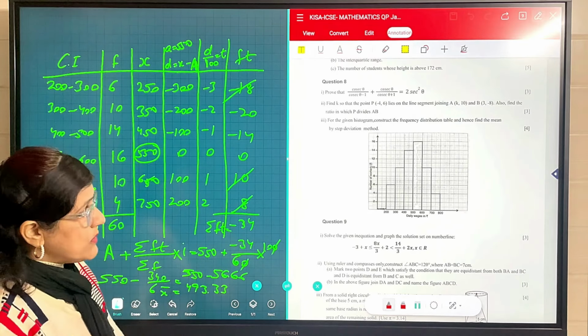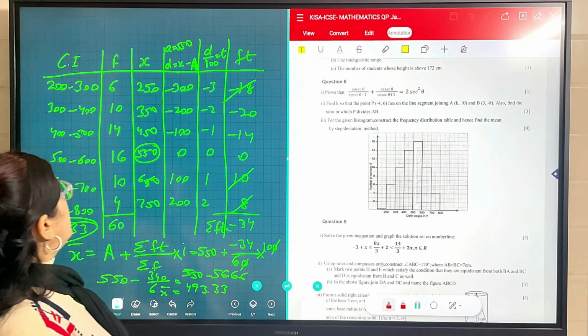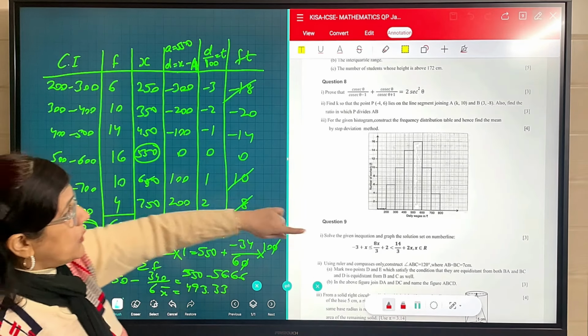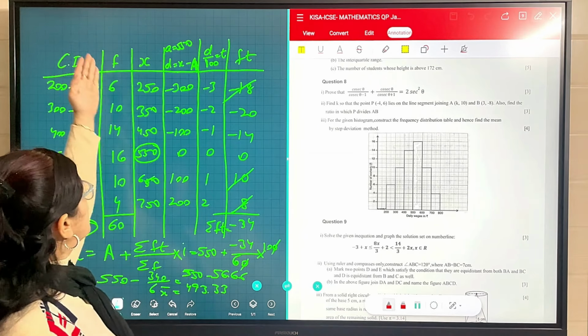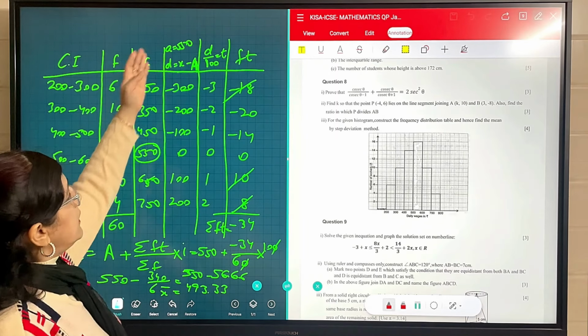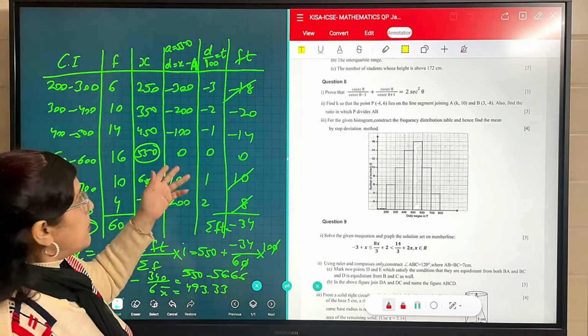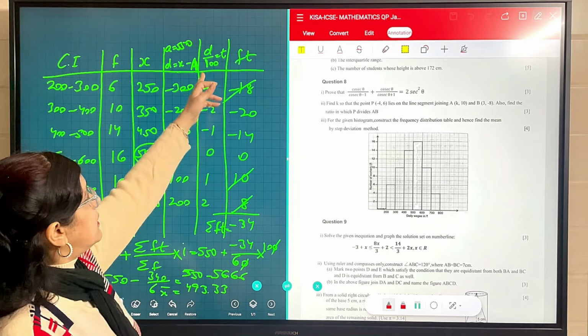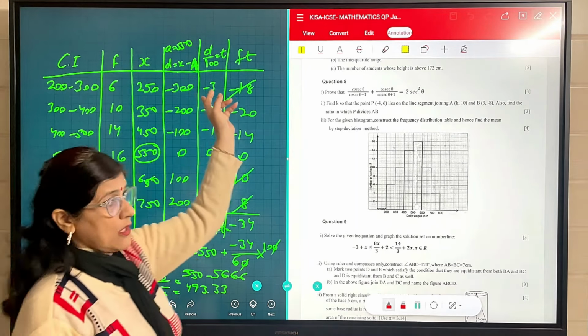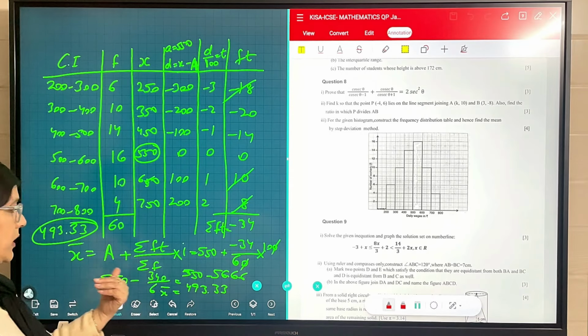First we have to draw the frequency distribution table, then we have to take the frequencies from the lengths of these bars, then x, meaning the class mark, then the deviation for the assumed mean method, and then coming to the step deviation method, we have taken this t also, and then put it in the final formula.